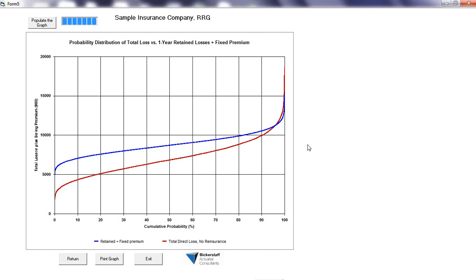It's very typical that in the formation of a new captive, the captive manager will seek out from the reinsurance intermediary at least two proposals, maybe three or four, that would include maybe a fixed premium proposal, then a swing premium, two or three of those,